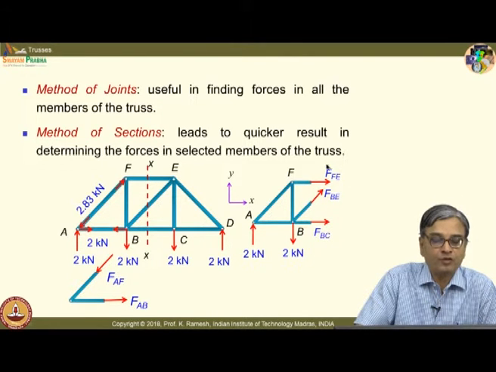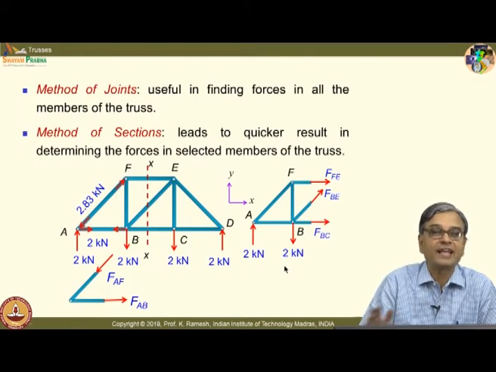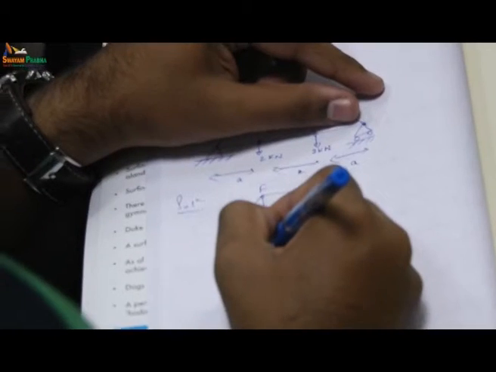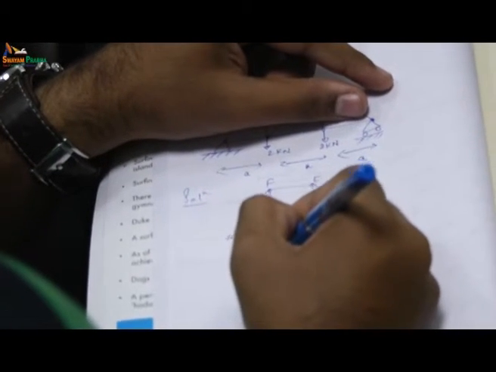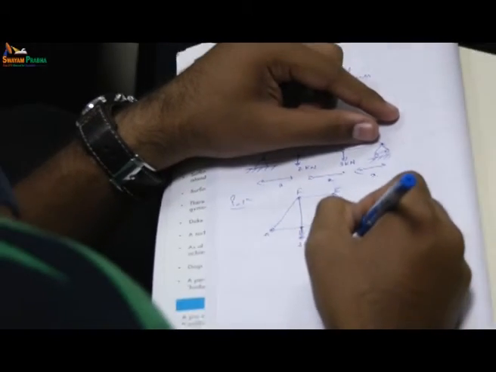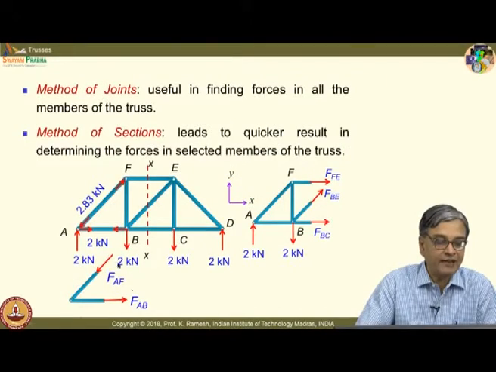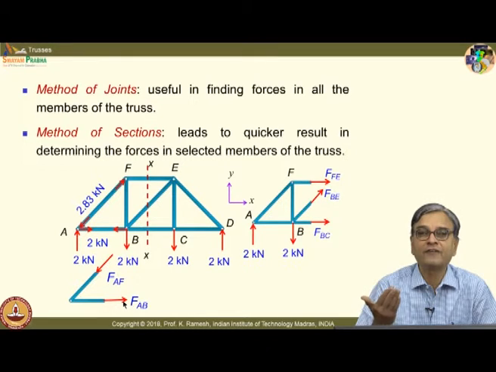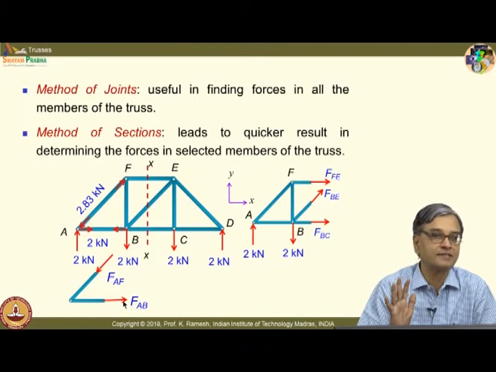The challenge would be, what is the ideal section that I have to use? And if you look at the force system in the method of sections, it is non-concurrent. So, I can essentially use three equations of equilibrium to find out the unknowns. On the other hand, when I have an isolation of a joint, I definitely have a concurrent force system. So, I can use only sigma Fx equal to 0 and sigma Fy equal to 0 when we confine our attention to two-dimensional analysis.